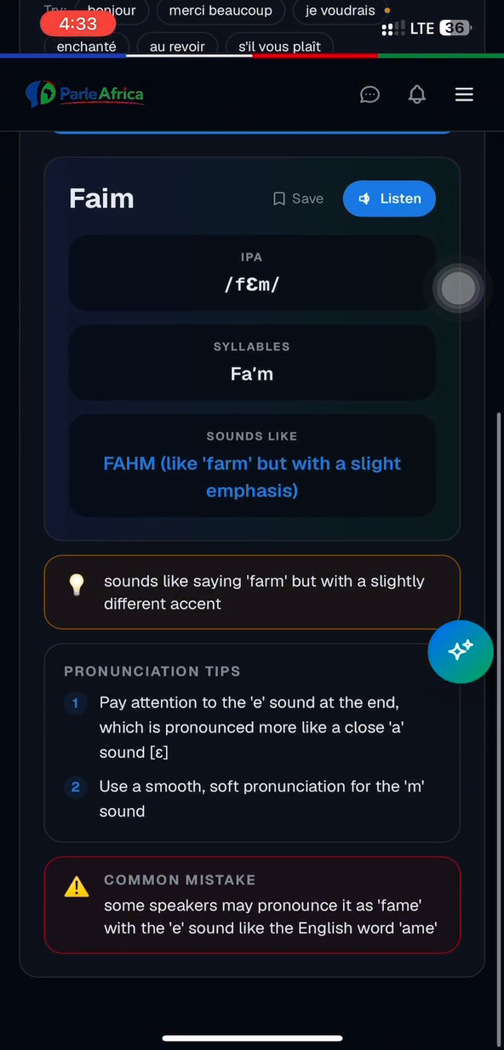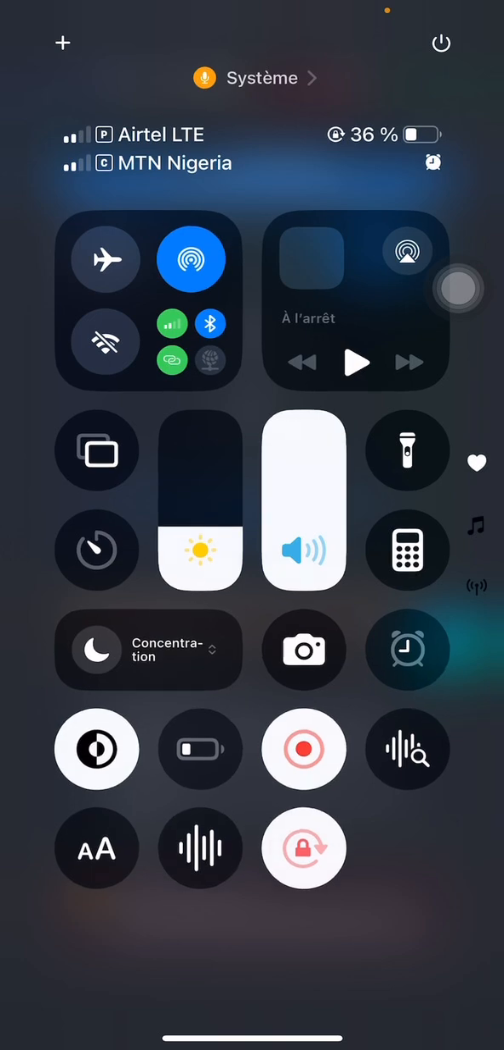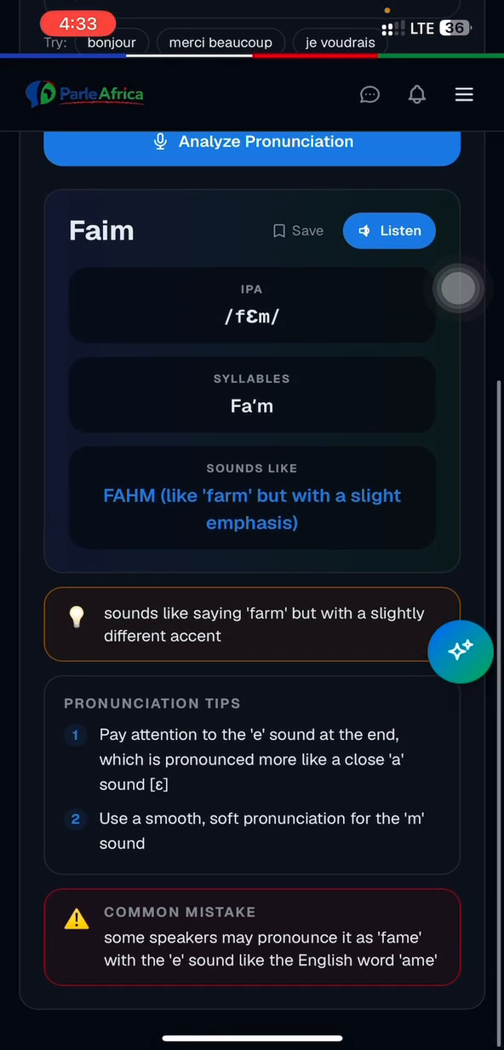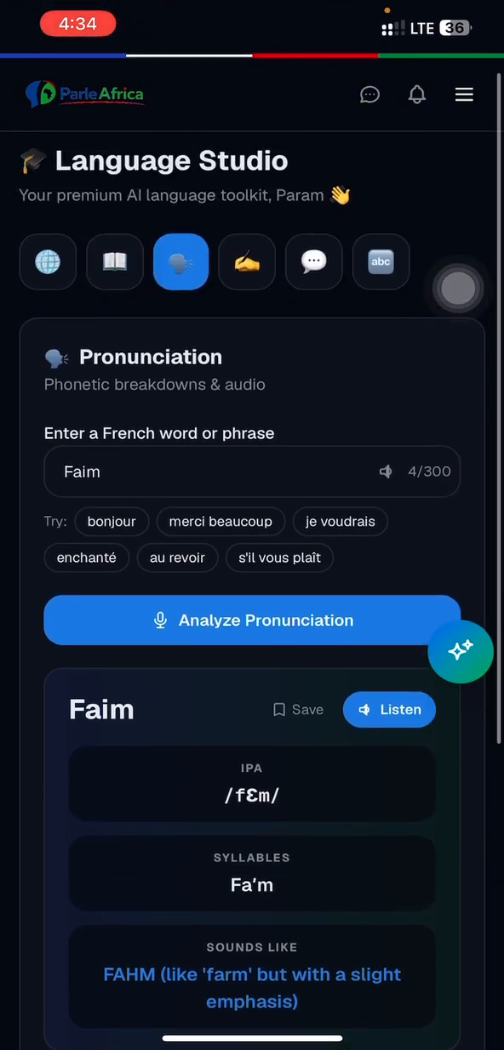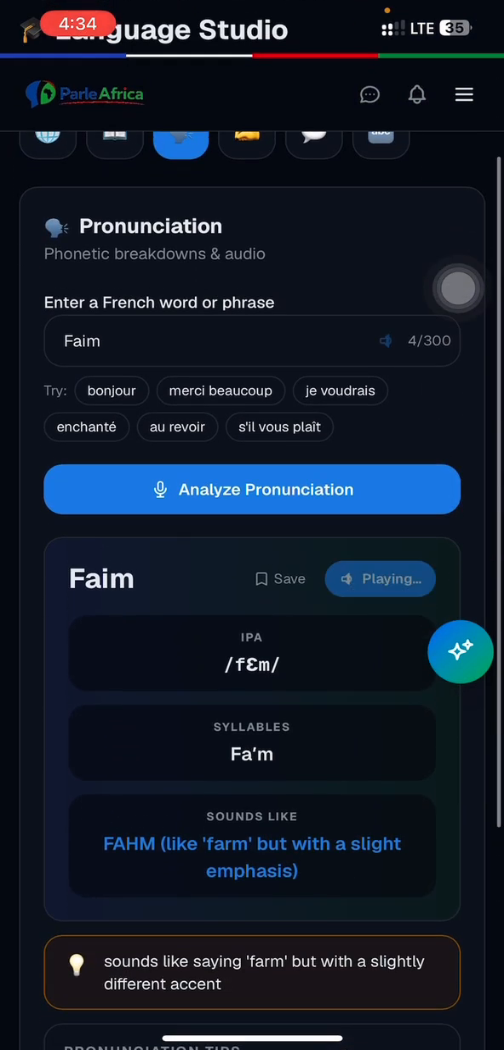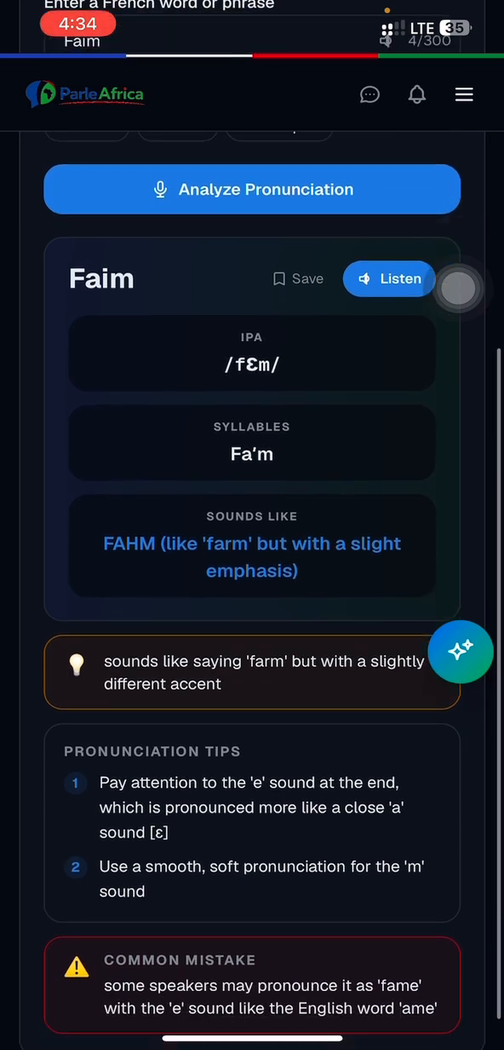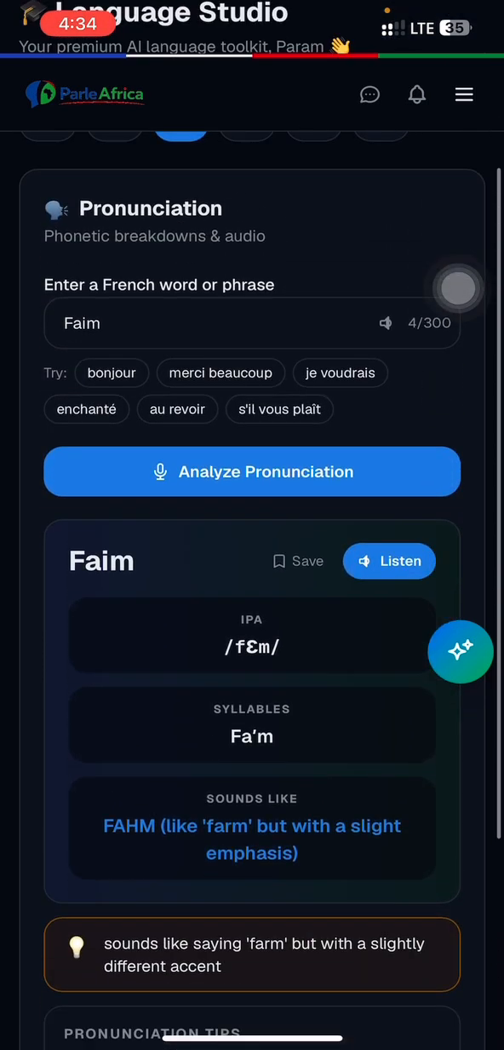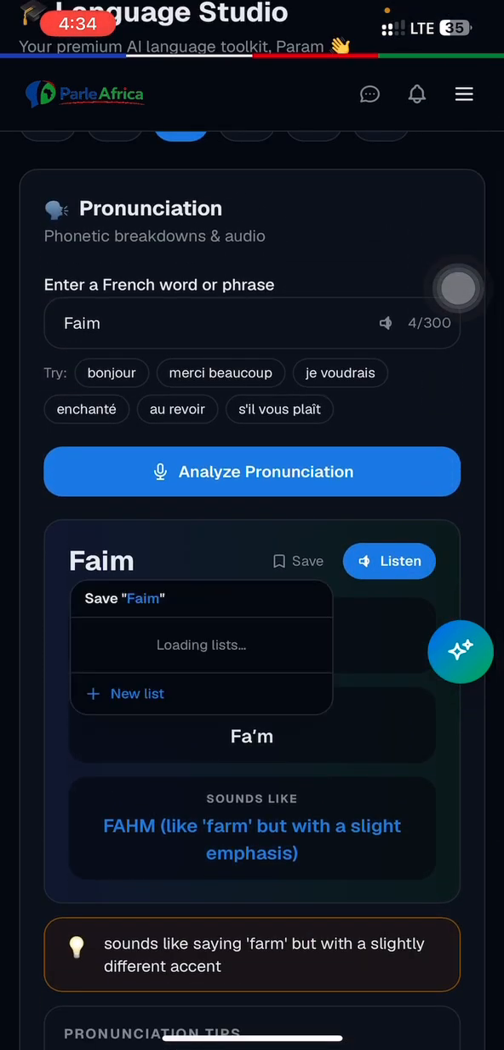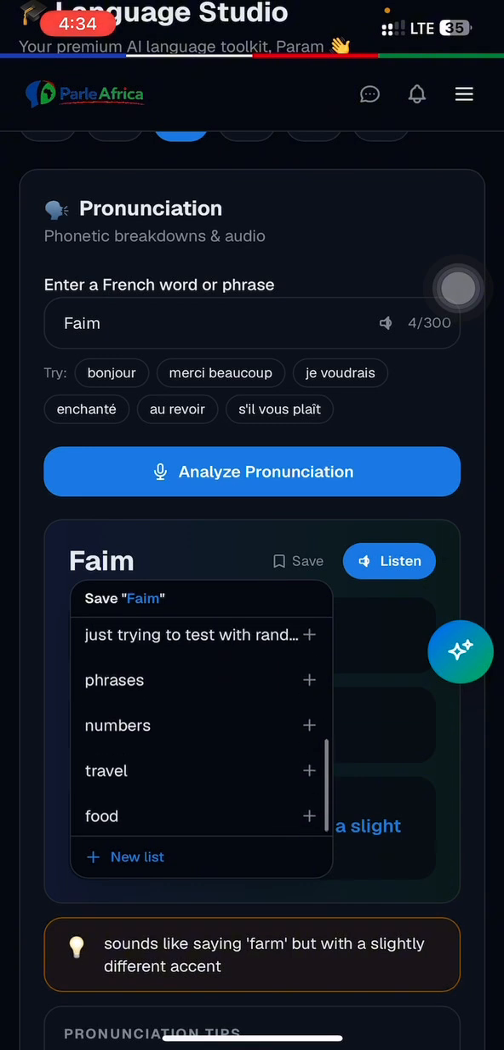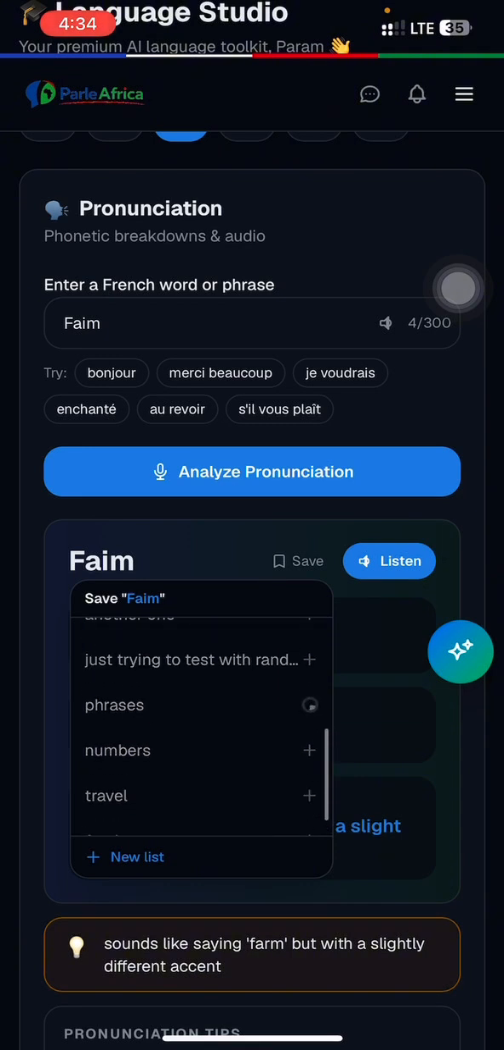All right. So let me ensure this thing is still recording. All right. So that's that about that. So you can choose to listen to the word and it will pronounce it. You can also choose to save it. If you click on save, the same thing will come up and you can put the word